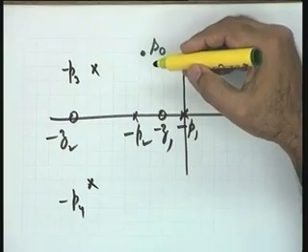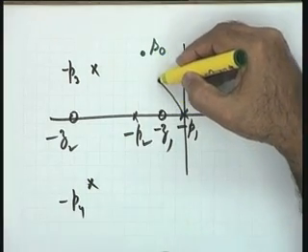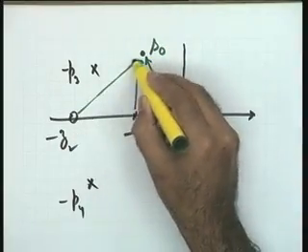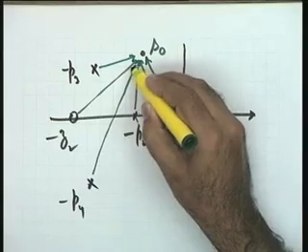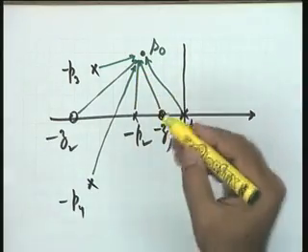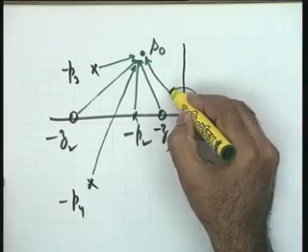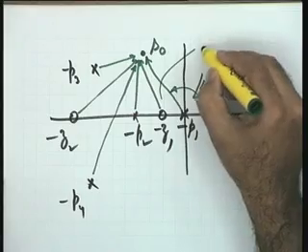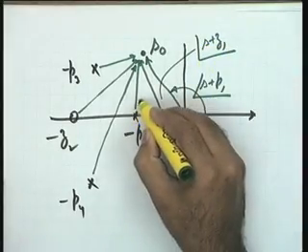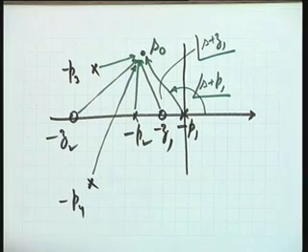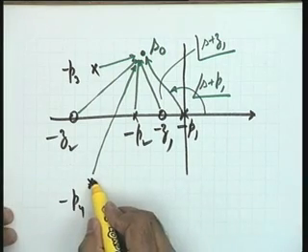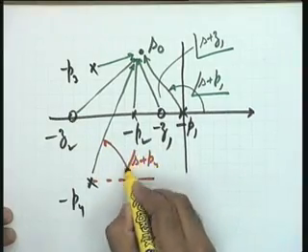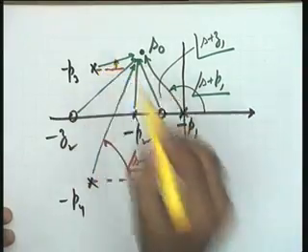And to do that, please see this point. I draw the vectors from all the open loop poles and zeros to this trial point. That is why the graphical tools will be required. I draw all these vectors. You see that the angle contributed at the point s0 is φ plus P1. This angle is φ plus Z1, this angle is φ plus P2, and so on. How about this angle, please? This angle, you take this as the horizontal axis. With respect to this, you measure.